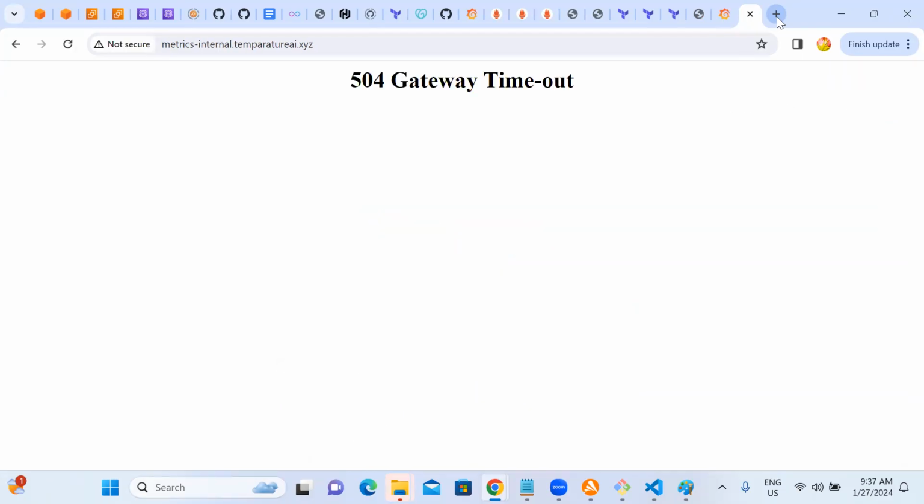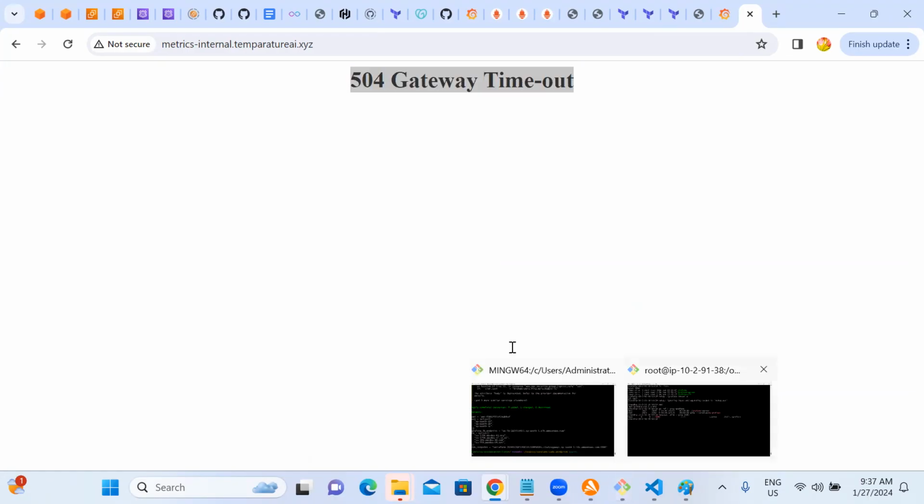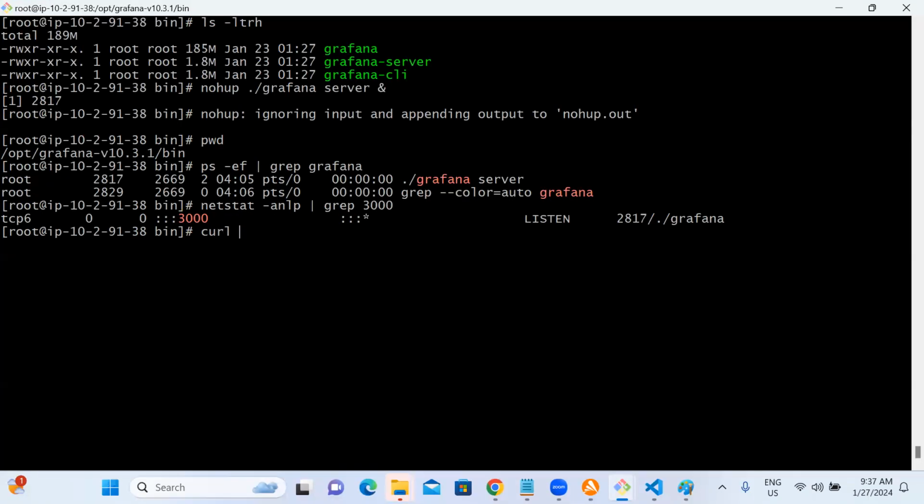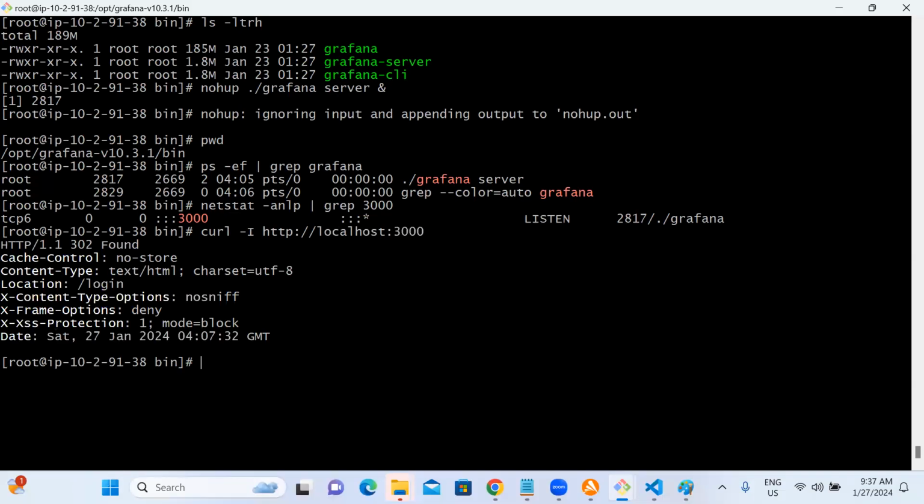Now you know the story in case you need to debug. For example, Grafana is listening, but yesterday Apache got stopped. Somewhere in the security group, some logic is missing, and we are not able to reach this. But if you want to check locally whether it is working or not, you can do curl -i http://localhost:3000 to see the status code. 302. 302 is a good status.